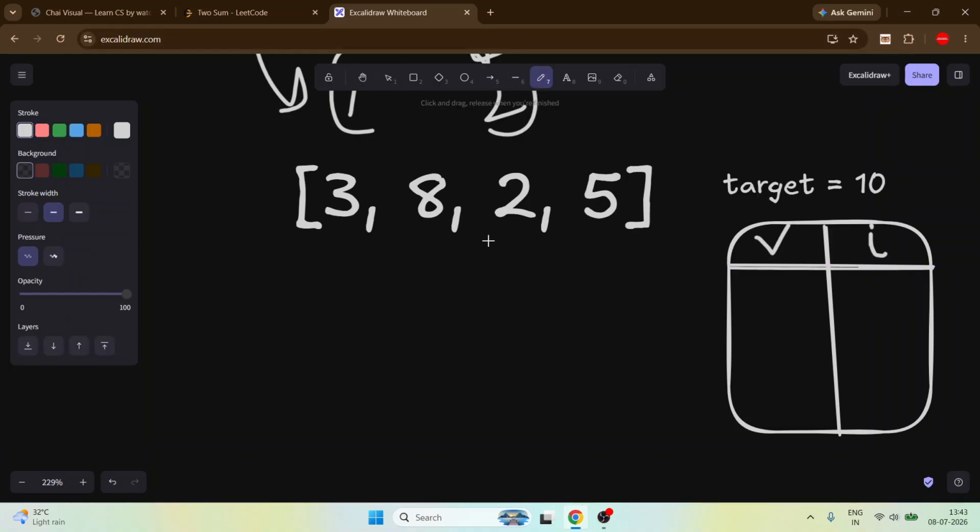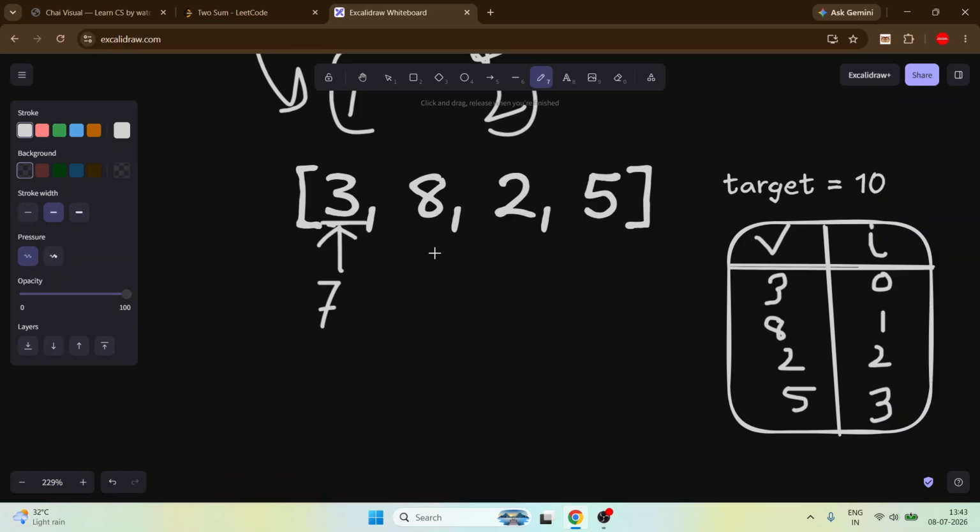This is i. For 3, what is the value? 3 at index 0, 8 at index 1, 2 at index 2, and 5 at index 3. If we go to 3, target minus 3 is 7.